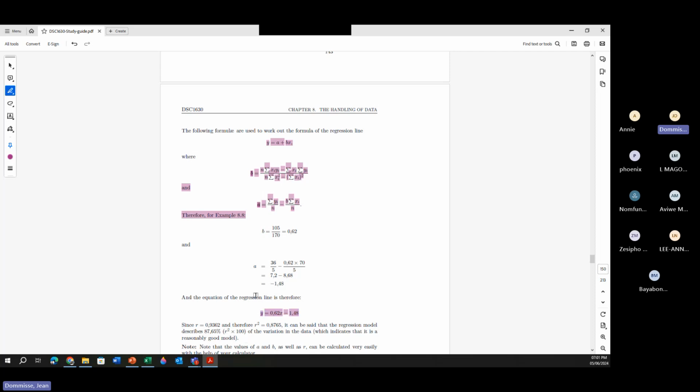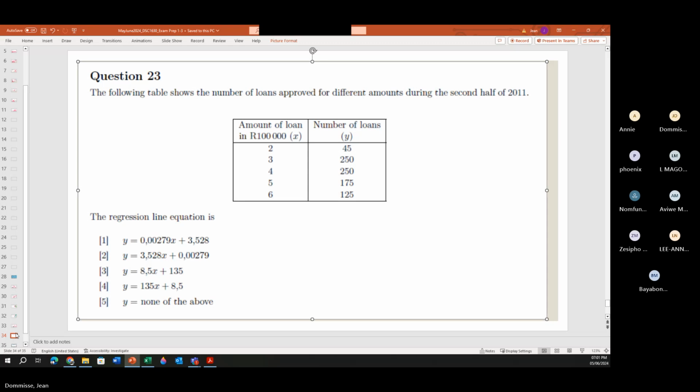But I would not recommend that one does this, because of the time you spend on this if you wanted to work it out manually versus the time you spent on another question that might be shorter. So just take that into account,